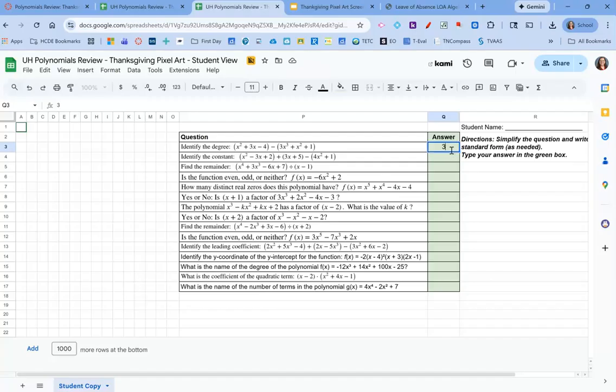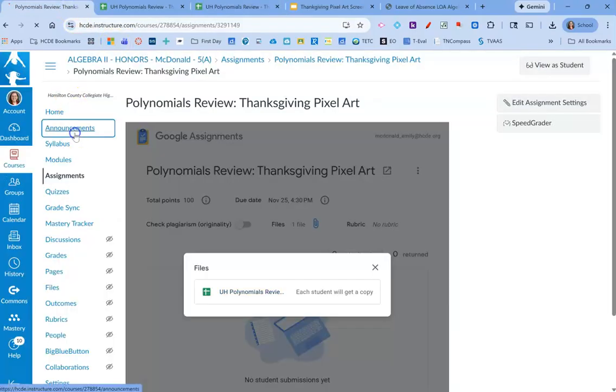So you type in 3, and you do need to type in the number, not spell it out, and then hit enter. And you'll notice something appears over here in this space. And as you type in more answers, more is going to appear over here. So you want to go through, answer all these questions, and you should have a completed image over here on the left side. So that's how the activity works. If we go back to the announcements,